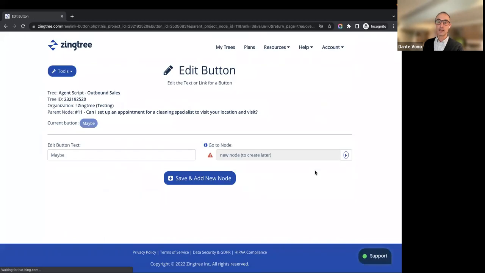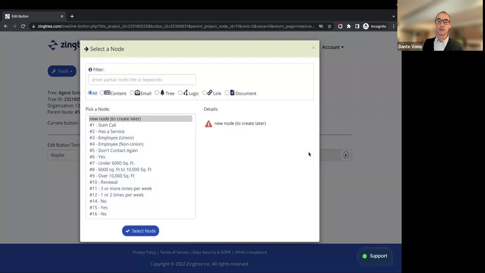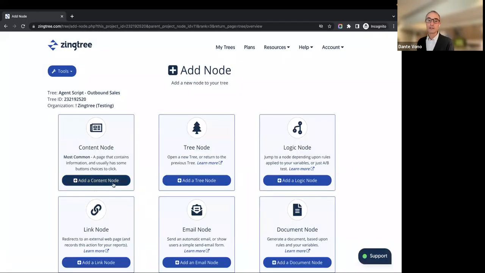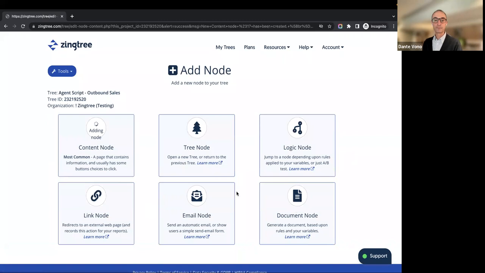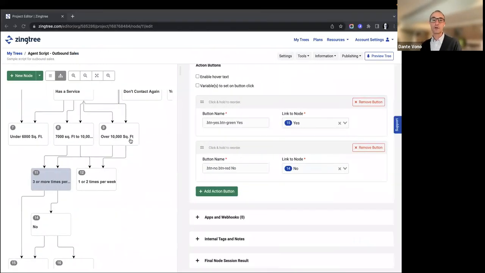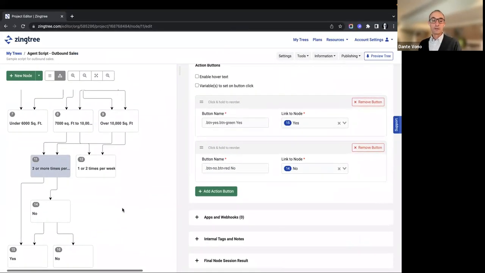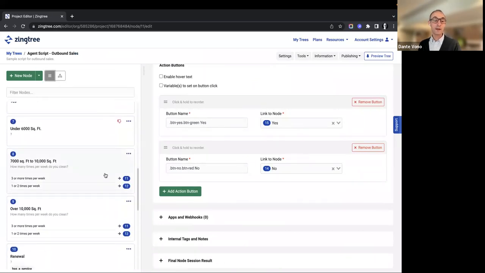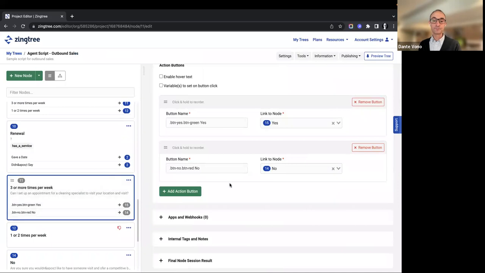I'm going to click that, and now I need to create a new node. And I need to select the kind of node. And I need to put my text in there for that. So I've completed that process of adding the node, but let's go back here and just do that one more time so you can see what's actually happened. There's a number of things that were separate steps that are now a single step.